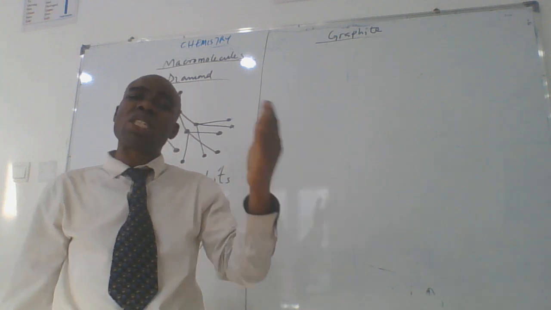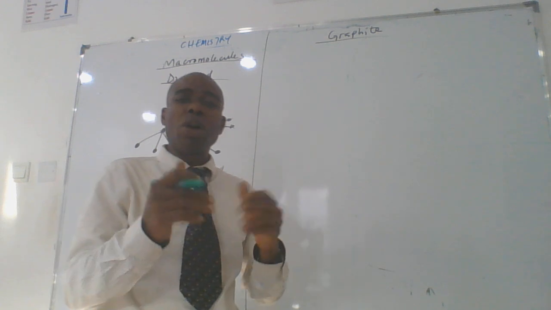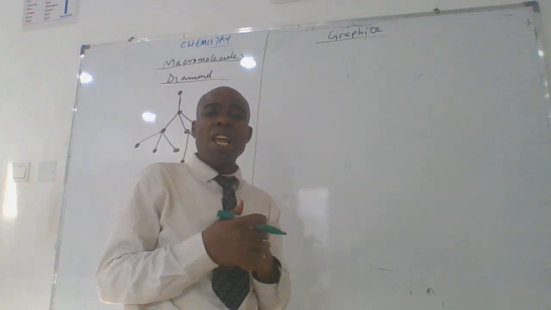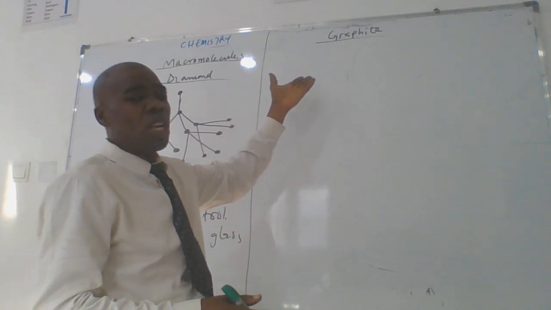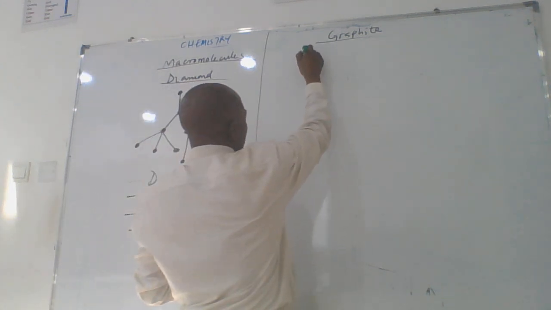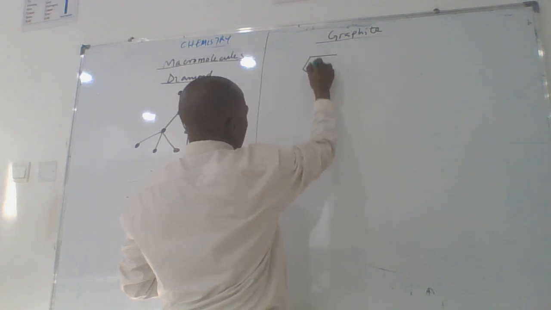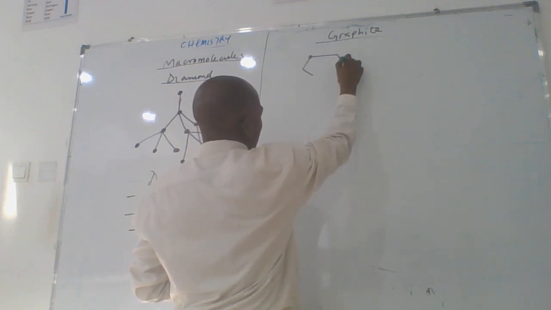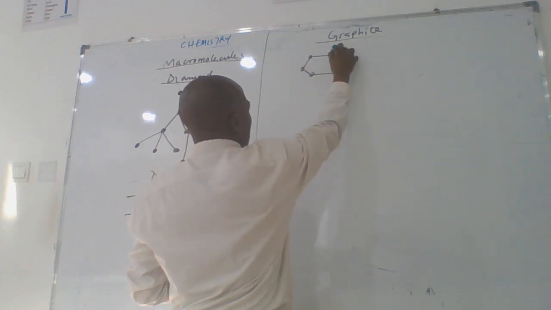Also, in graphite, we see that graphite forms a giant covalent lattice structure. And so in this case, it is a layer lattice. Now, let's go about the structure of graphite. We can draw it this way. Here we have